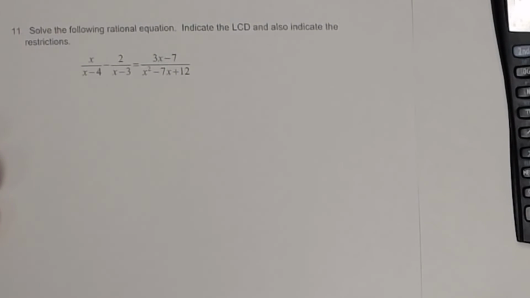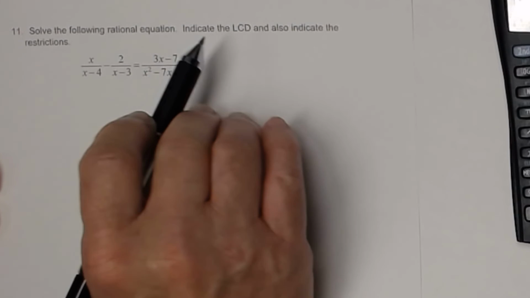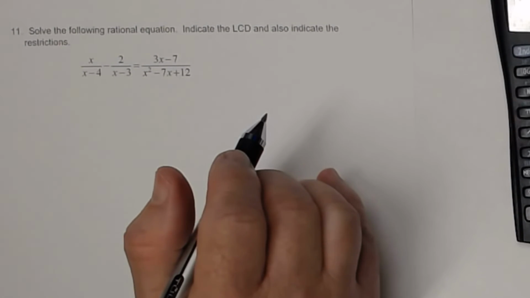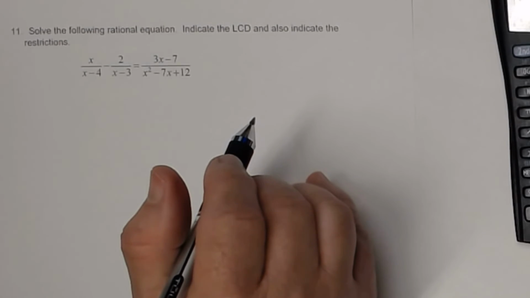And then finally, number 11. So let's do number 11. So number 11, you have this rational equation again. And notice I am telling you, I need for you to tell me what the LCD is and indicate the restrictions. Okay, so when I do that,